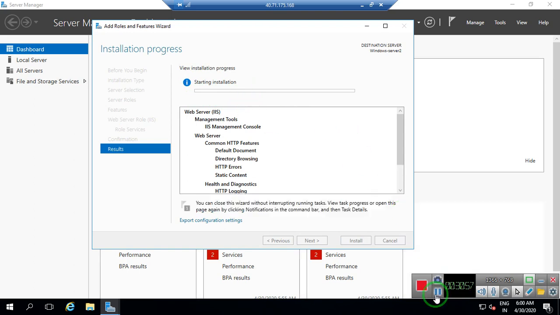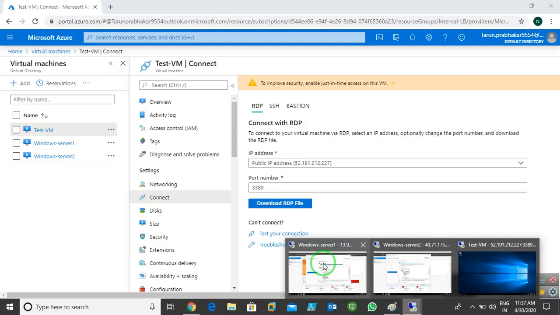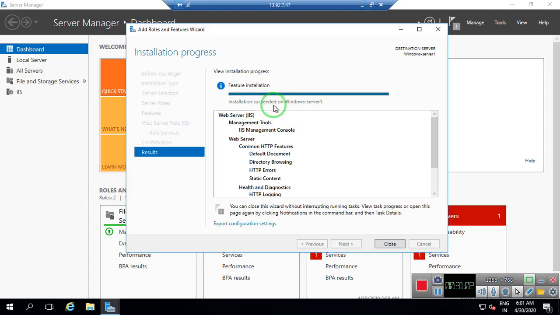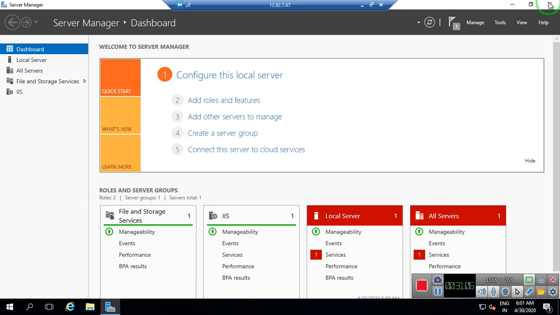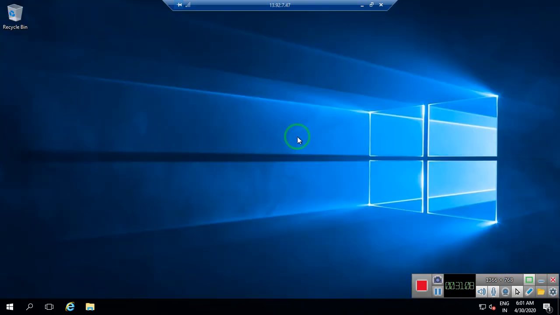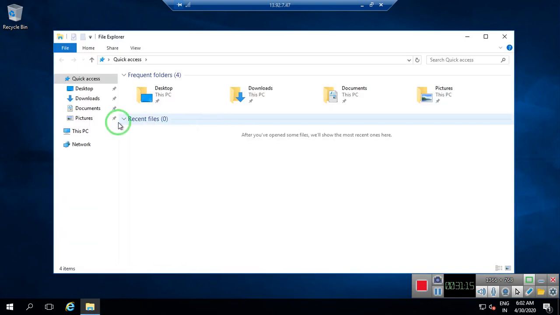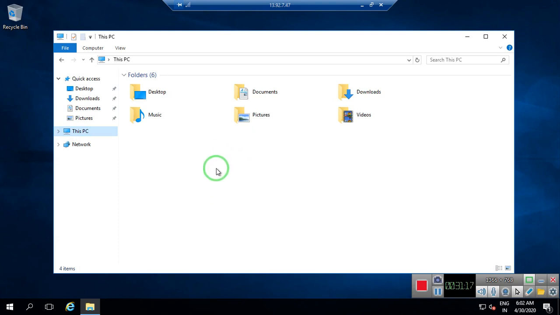Okay, so as you can see, in Windows Server 1, my IIS is installed successfully. Click on close now. Click on close on this also, and I'm going to modify the page now. So I open my file explorer. Here I need to open my C drive.